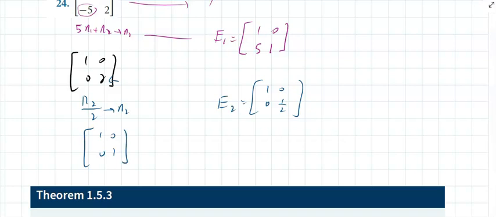Well, basically we're done, but this is what we concluded. This is the work now. If I take those and I